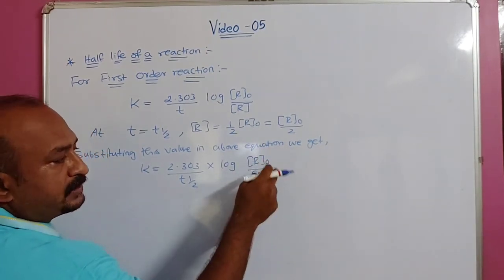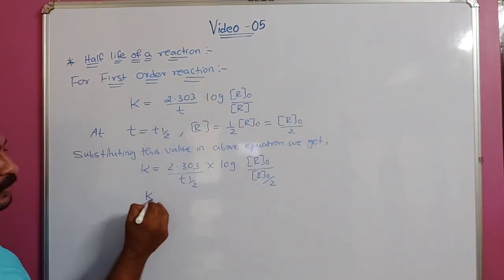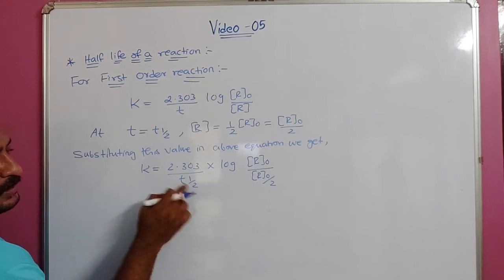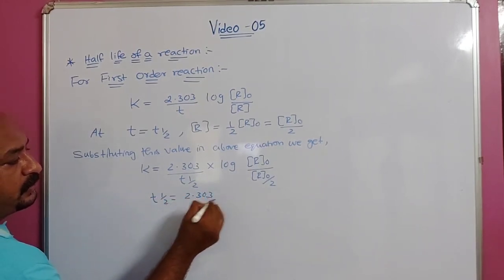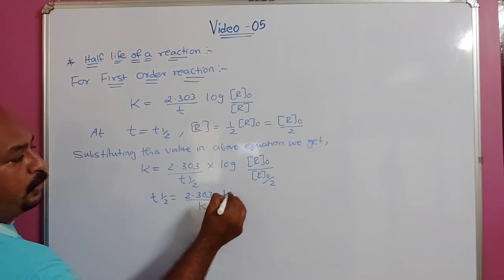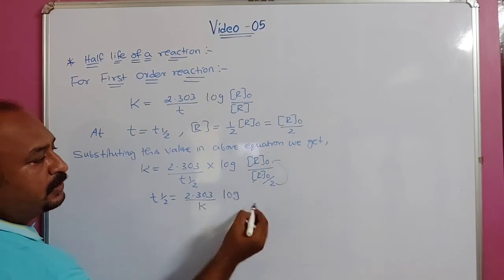Understood? This 2 is in the denominator of the denominator, so it will go in the numerator. So T half is equal to 2.303 by K log, here R0 will get cancelled, this 2 will go here,